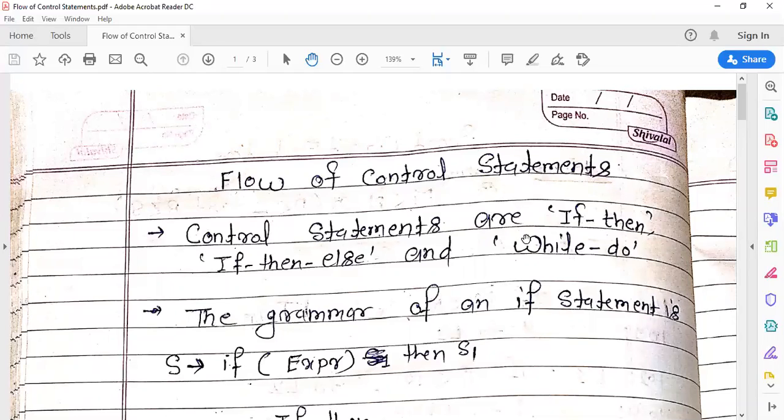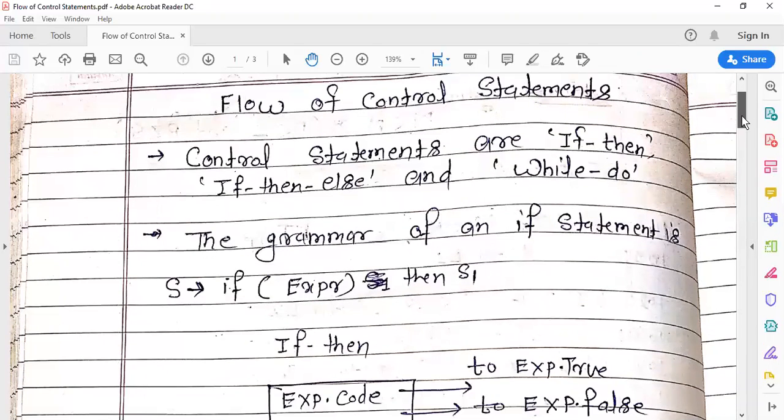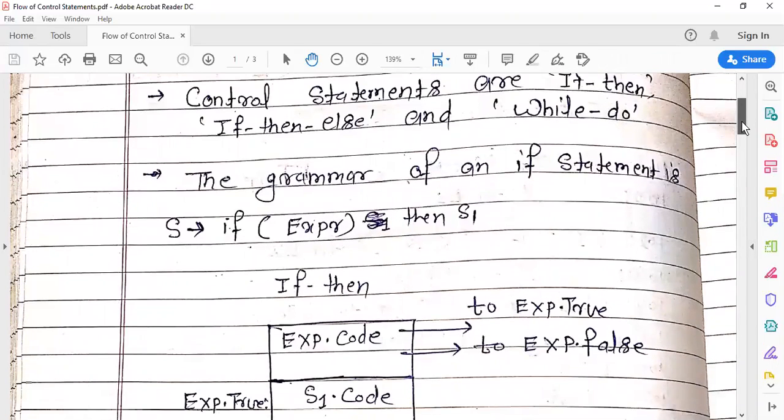All the flow of control statements are also written in three address code, and for every type of statement we have a grammar, and for the corresponding grammar we have a semantic rule.